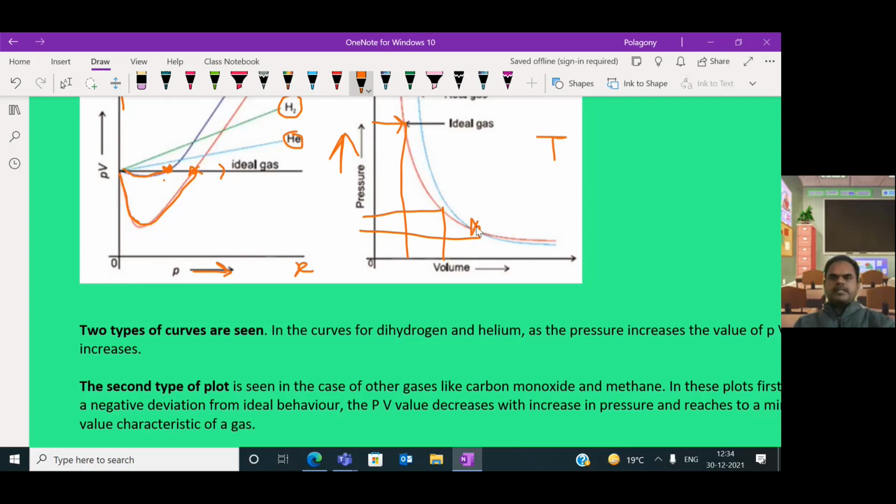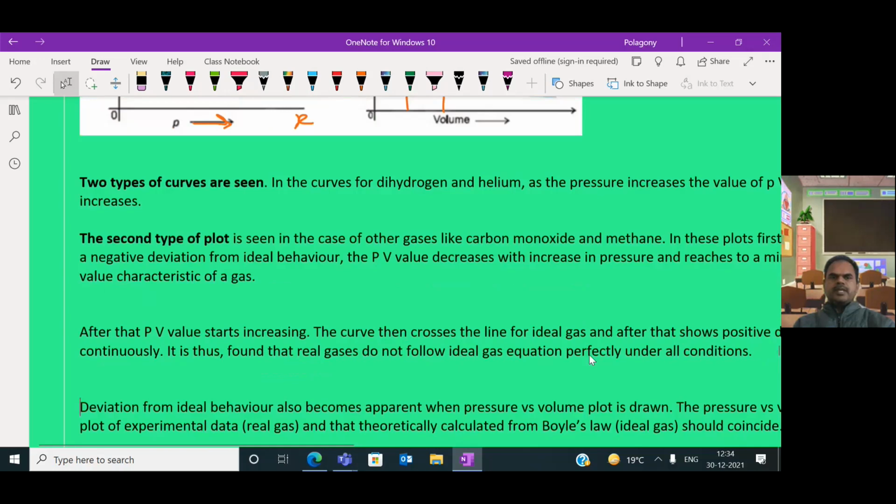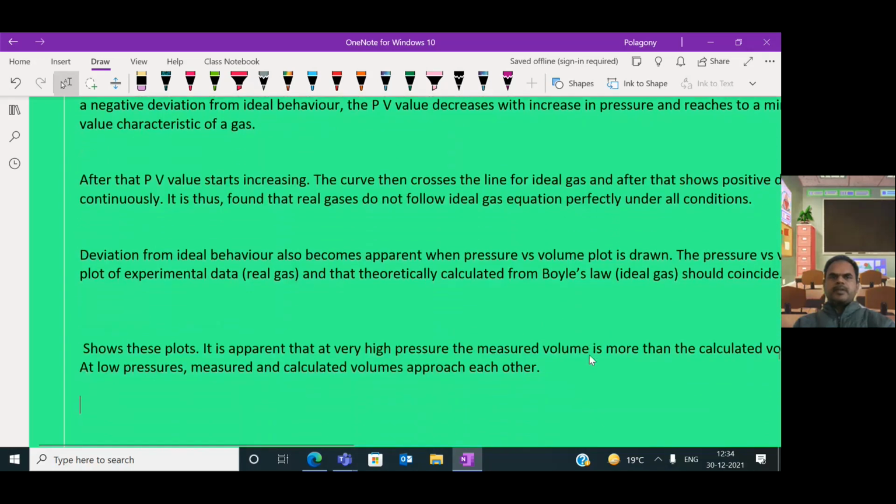At low pressure, here is the low pressure we say. And at high pressure, the volume is more for the real gases. That means at high temperature and low pressure, the real gases would become ideal gases. Here, what we understand from this,